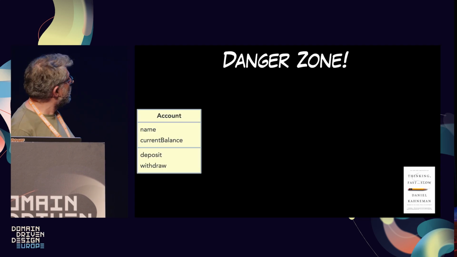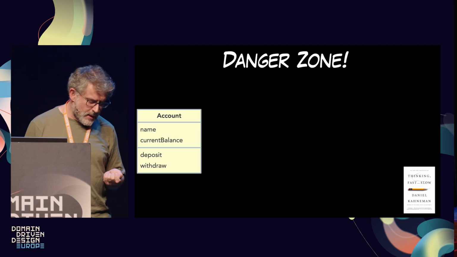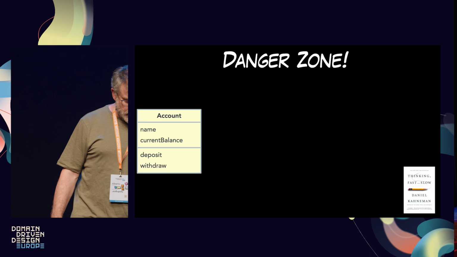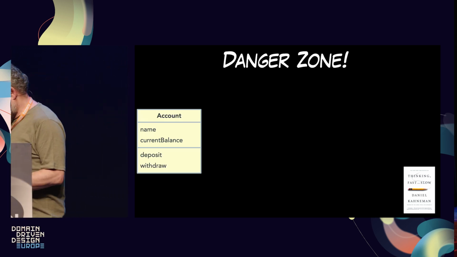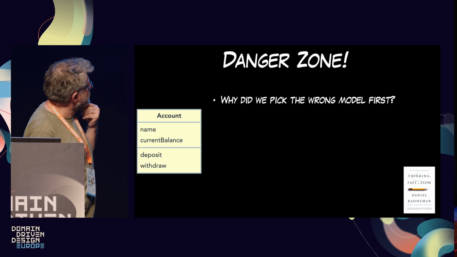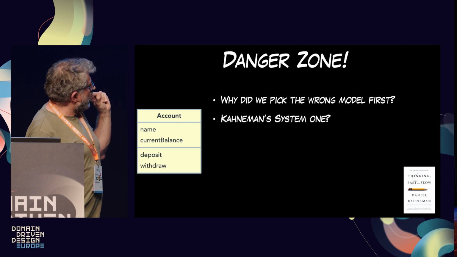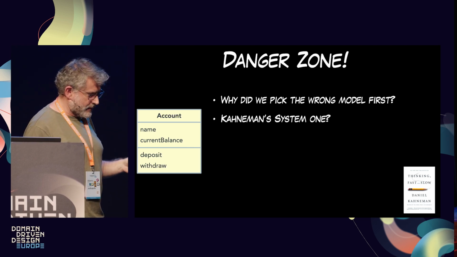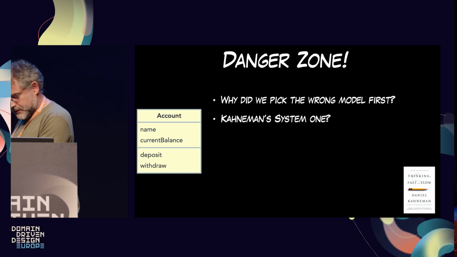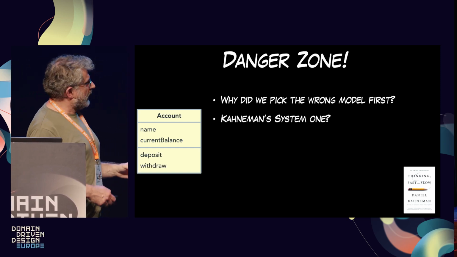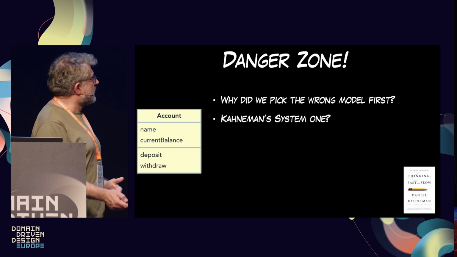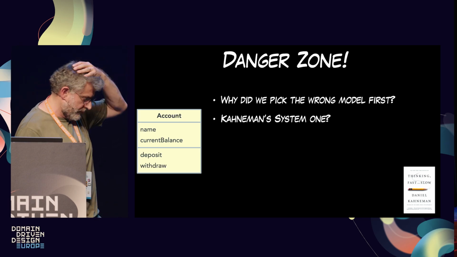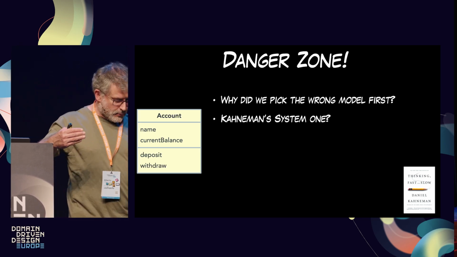The second part of this area was, but why? Why did we go, even for a short time, into the danger zone? Why was it so tempting? This was interesting for us because it was something like connecting with the pattern, realizing that, oh, it's an account, so it needs to have these operations. It took us a little bit of extra time and a longer discussion to remove this. So I'm once again, after many years, getting back to Thinking, Fast and Slow from Daniel Kahneman. There was a sort of bypass.